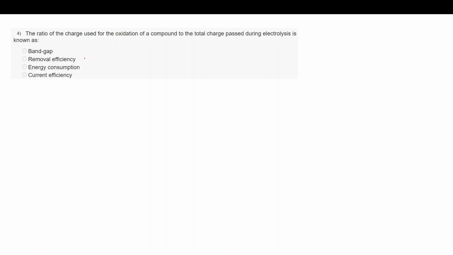Next is, the ratio of charge used for the oxidation of compound to the total charge passed during electrolysis is known as dash. So this is the way you are determining the efficiency of an electrochemical process, right? By taking the ratio of charge used for oxidation of compound to the total charge passed in an electrochemical cell. So that is nothing but current efficiency. Current efficiency. Yes,